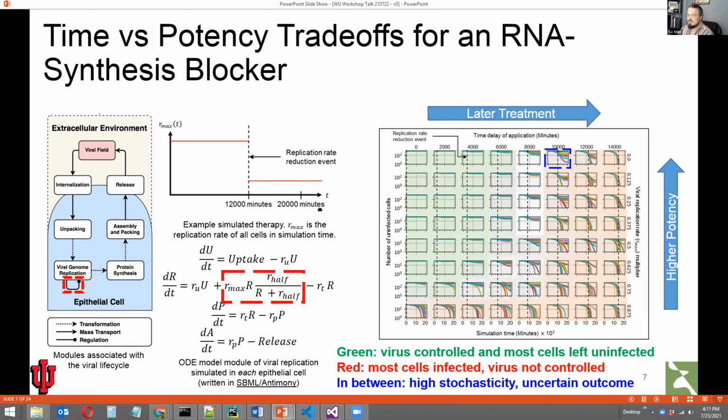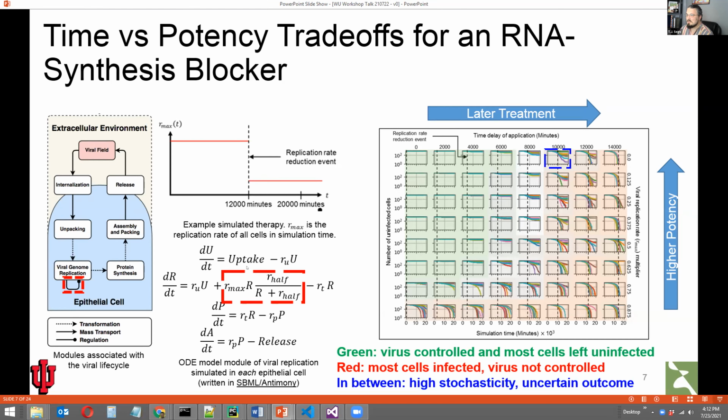So this is the whole viral life cycle, starting with extracellular virus that's diffusive around the cells. It gets into a cell through internalization, and that kicks off this ODE model with these 4 equations shown here, in particular with exponential amplification of virus inside of individual cells during replication. That goes through a few more steps and eventually is released back into the environment to do more infection.